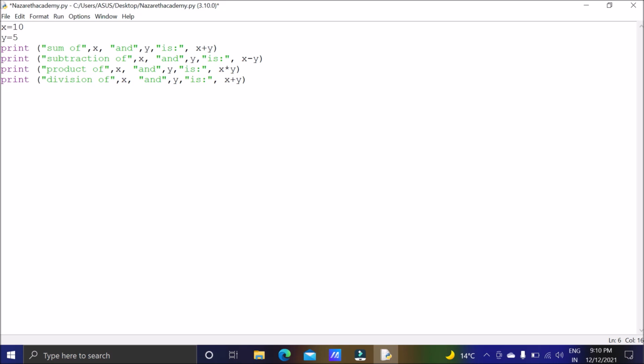Division of x and y is x slash y. Slash is for division. Here you can see all of these are using two operands, that is why they are called binary operators, because they use two operands. So division also we have done. Now we will go for floor division. Floor division of x and y is x slash slash y.